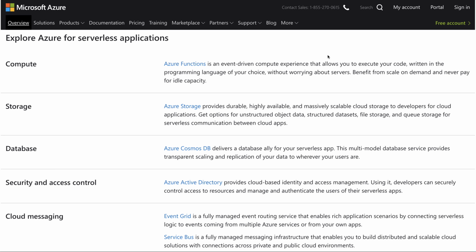Now, an important feature to note here is that in this model, you're simply paying for execution time. As I mentioned before, if you're running a VM, that VM runs the whole month. You have to pay for all of the use of the month, even if you're only using it 1% of the time. The same is true for containers. And yes, you could come up with schemes where you would take things down and bring them up. But again, that's at additional cost. Those are additional things you have to maintain.